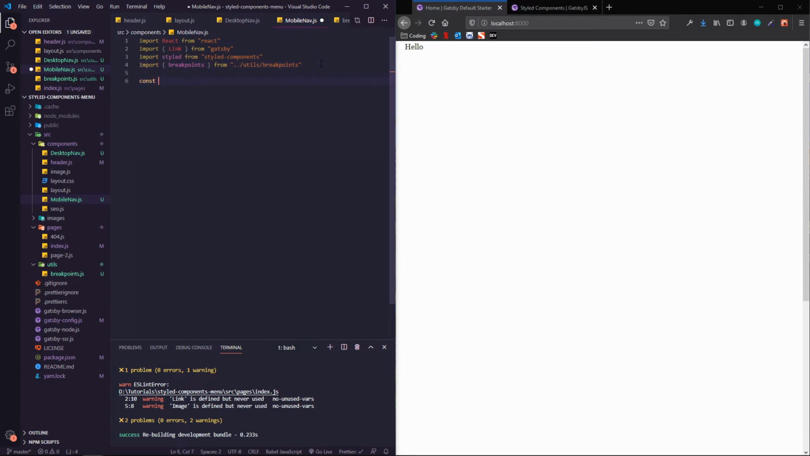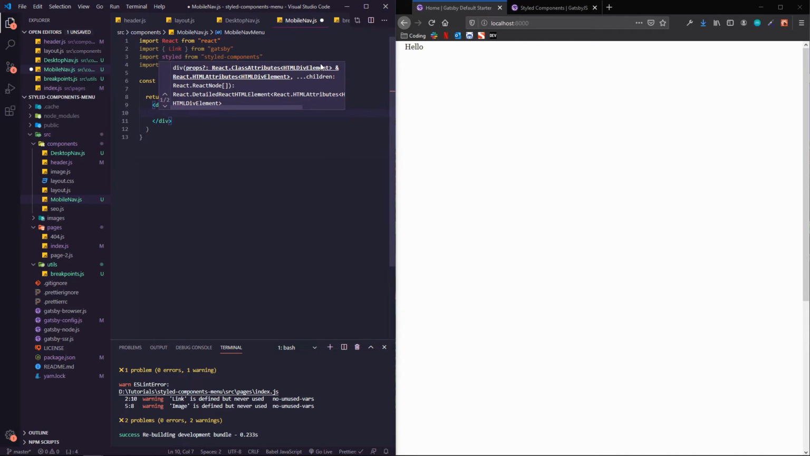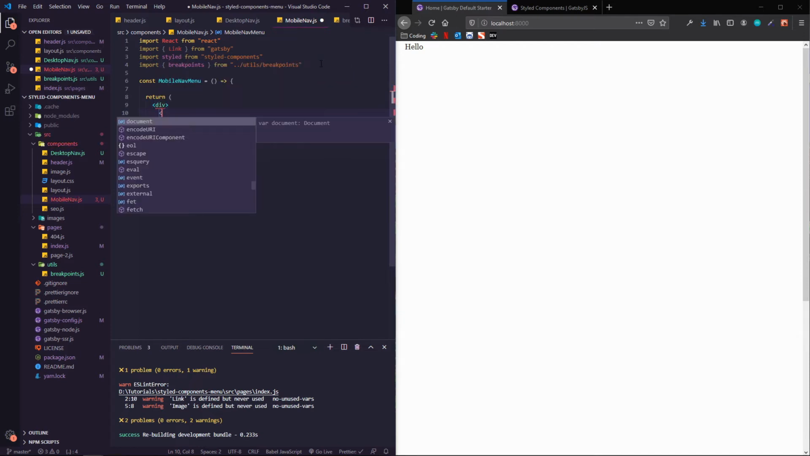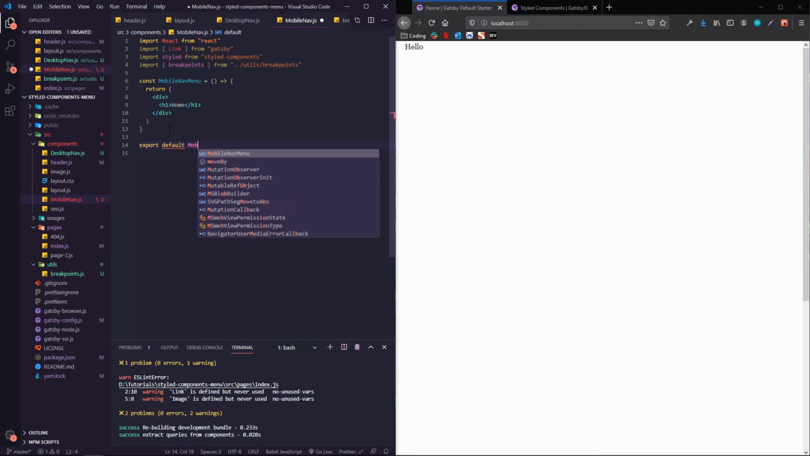So we'll have our const MobileNavMenu, and we will return a div, and we'll give it an h1 of home again. We'll then export default MobileNavMenu,